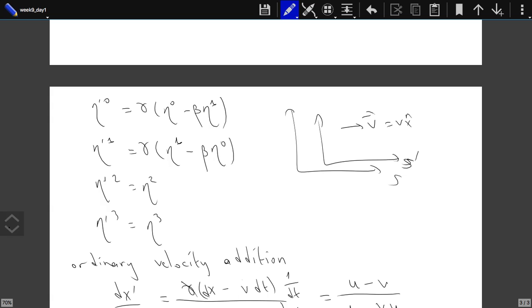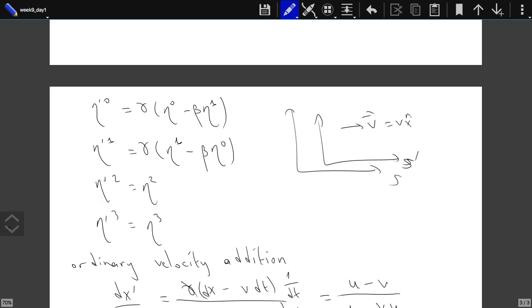Now, if you follow the argument of the reasoning of our first year kinematics course, if you remember in 109, what we did was we first discussed the position vector. Well, here now we have the position 4-vector. Then we discussed the velocity vector. Well, now we have the velocity 4-vector. The next thing that we should define,